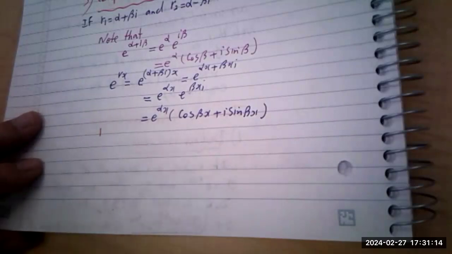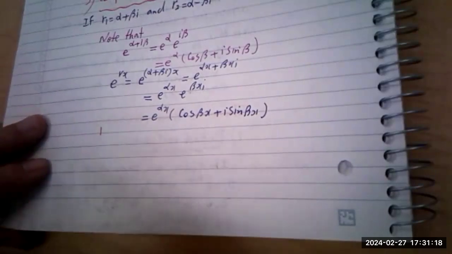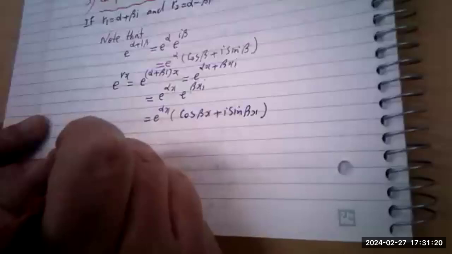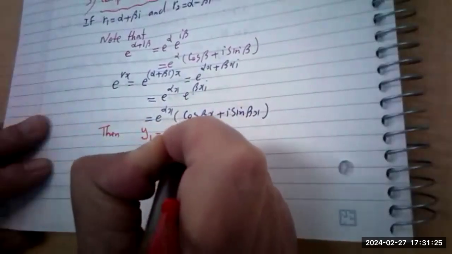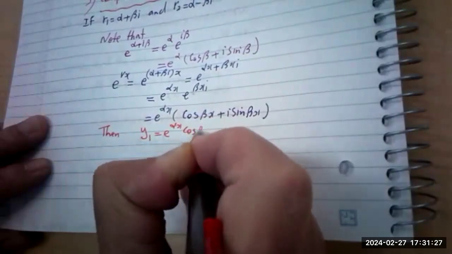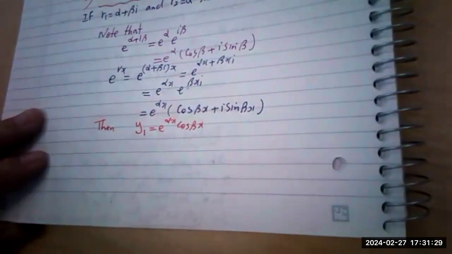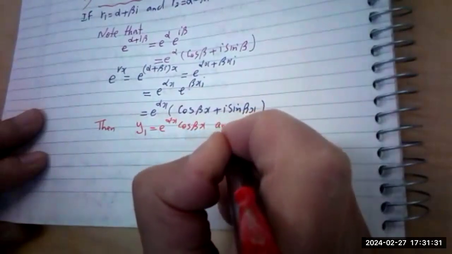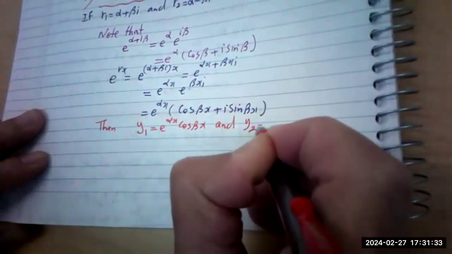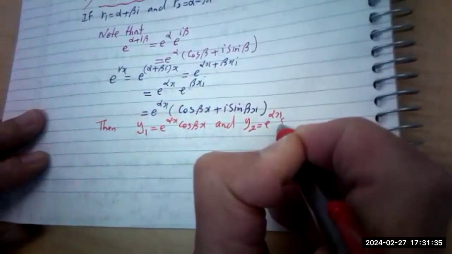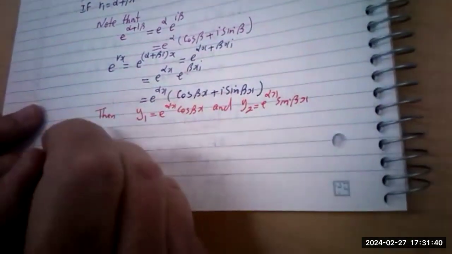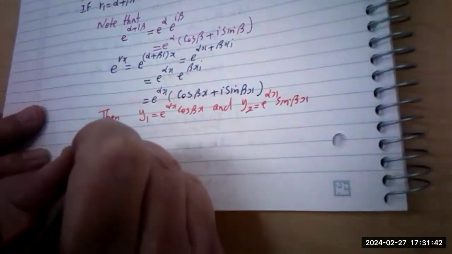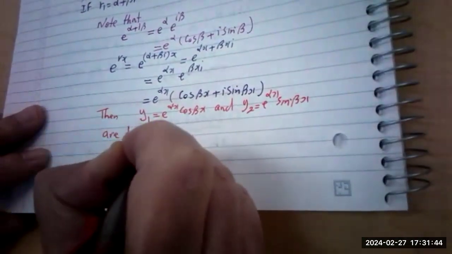That negative sign is not going to be important. So we can declare that y1 equals e to the alpha x cosine of beta x. This is one of your solutions. And the second one is y2 equals e to the alpha x sine of beta x. These are 2 solutions